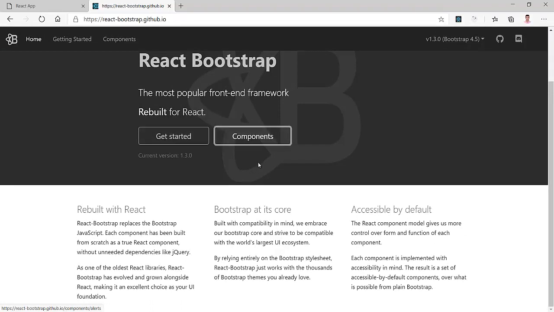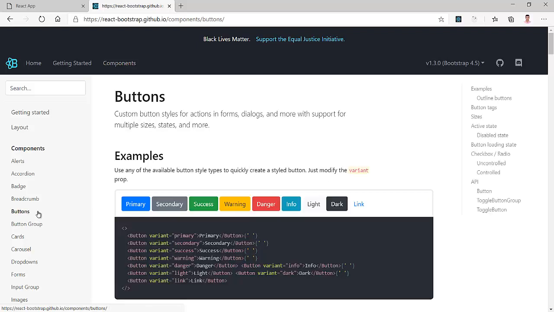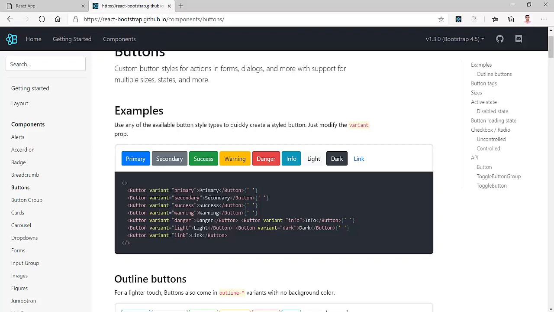When I go to components, it is showing the components here. Now let's move to buttons. So when I go here, see that here is a button. Button primary. So simply write the attribute variant as primary. Copy this.